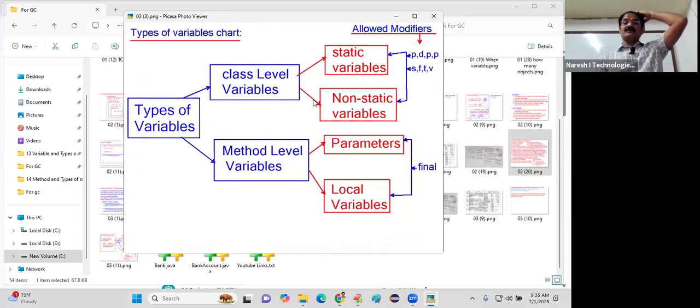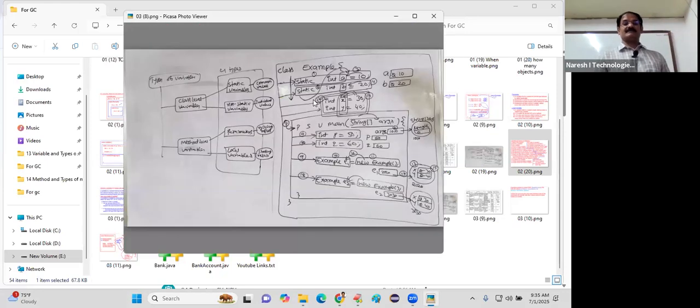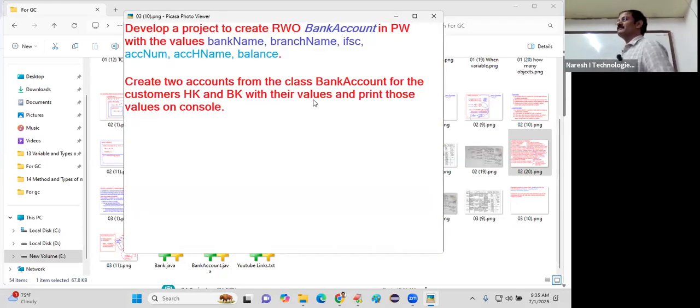Once upon a time, long ago, at the end of the data types, I gave this question. Everyone remember? You developed bank name, branch name, IFSC, account number, account holder, balance, all 6 variables as non-static variables. And we created 2 accounts, Hari and Balababu accounts. Then in both accounts, the same values are stored. Remember? Then you concluded that this design is a wrong design, because the first 3 variables are storing